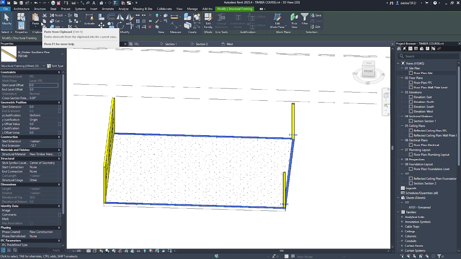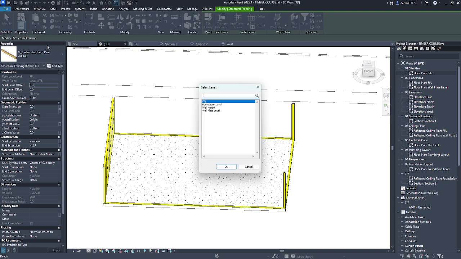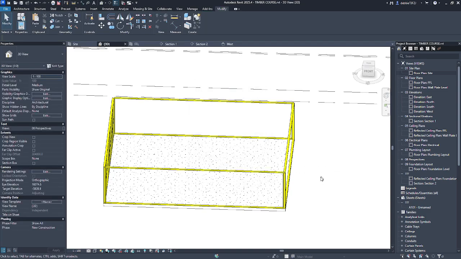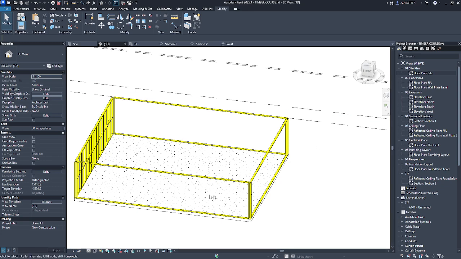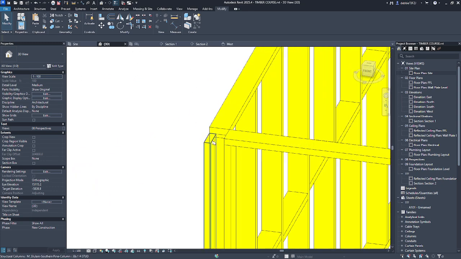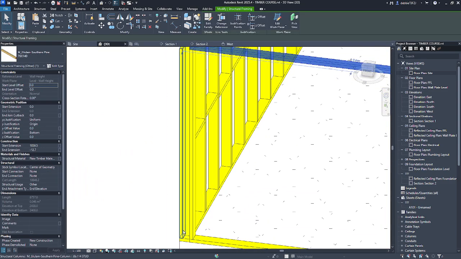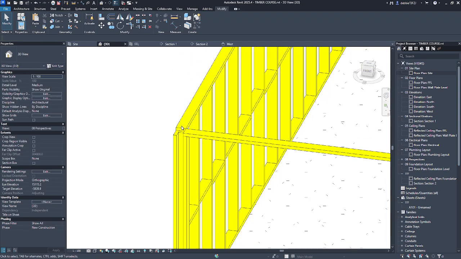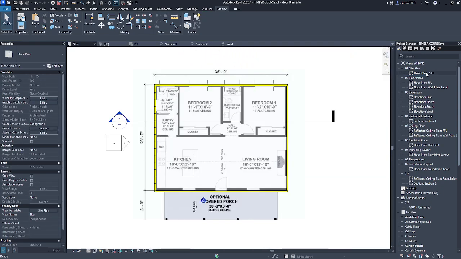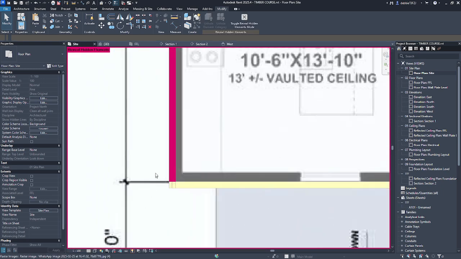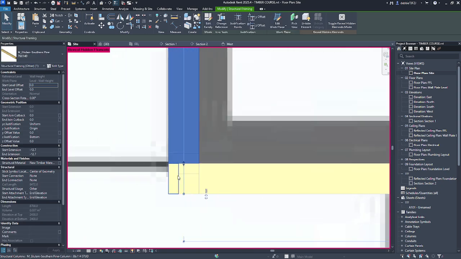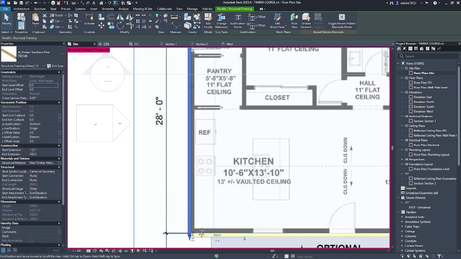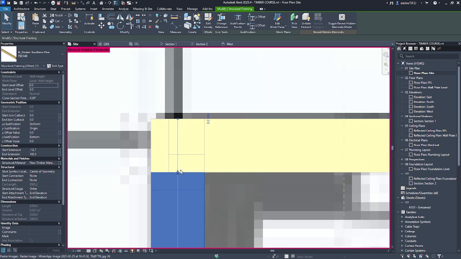Go back to our architecture, modify ribbon, copy to clipboard, paste, align to selected levels, wall height, so that we now know that everything's going to be placed there. As you can see here, this one is not aligning very well, so this one needs to extend. Let's go back here. Because I've hidden it, it'll show a bit of a pop. Check this side.